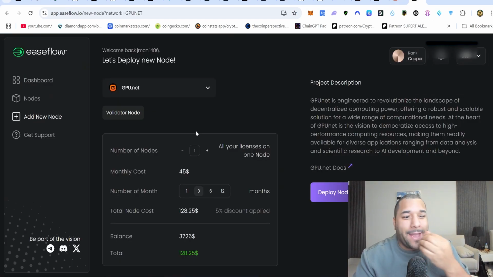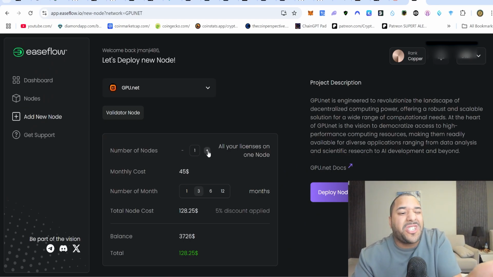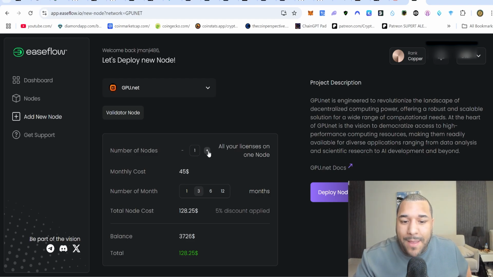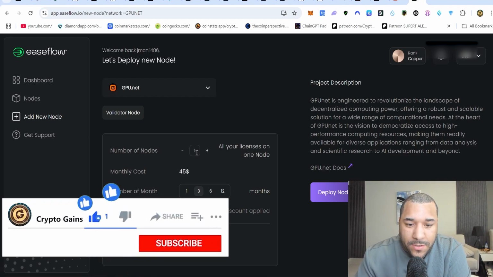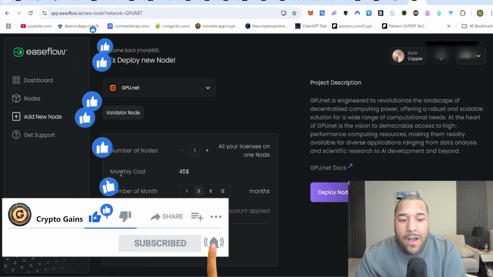So in my head, I was thinking I had to buy 10 nodes, like operational nodes. It's almost like a server. It's like a VPS, a virtual private server. But you don't need that many, you just need the one. And it says you can run all of your licenses on the one node, or the host, shall we call it. So you make sure this is on one,